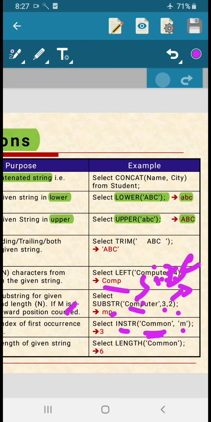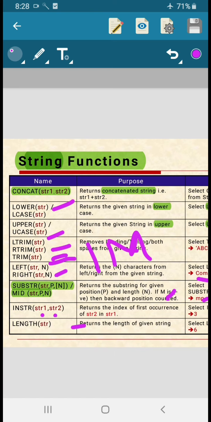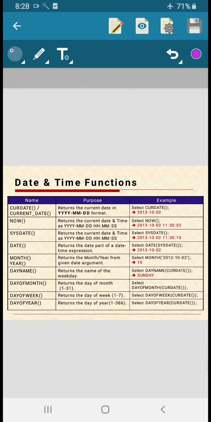That is about the string functions. These are the most important questions we are discussing. They will give the questions and ask you to write the outputs. You will get 1 mark and 2 mark questions from this. Specifically from these string functions, you will definitely get 1 mark questions. They will give uppercase, lowercase, and most of the questions will be substring questions. They will ask length, trim, left and right, and this type of concatenation. So these are all 1 mark questions, students. Then coming to the date and time functions.